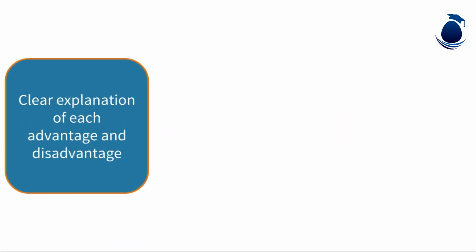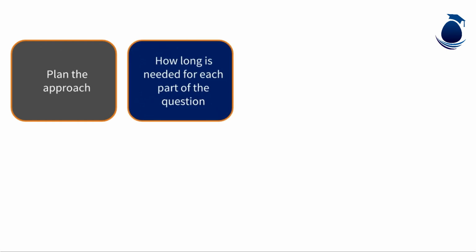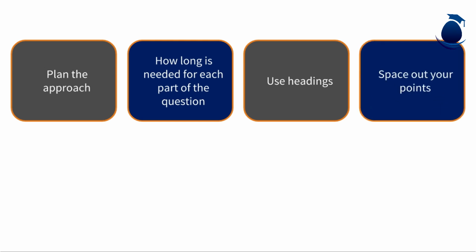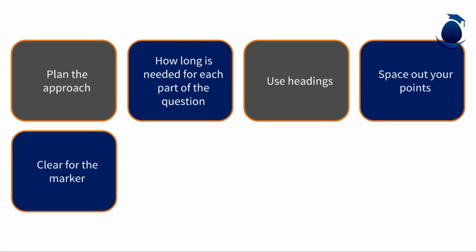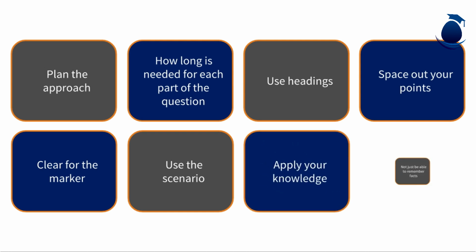For both 2 and 3, a clear explanation of each advantage and disadvantage is needed. Leave space between each point and label up your answer clearly. Please remember, to be successful in this type of question, we need to plan the approach and ensure we have identified how long is needed for each part of the question. Use headings to introduce your answers and space out your points so it is clear for the marker where the marks can be allocated. Finally, if there is a scenario, use it. The information was given to you for a reason, and at F8 they are trying to see if you can apply the knowledge to a given scenario, and not just be able to remember the